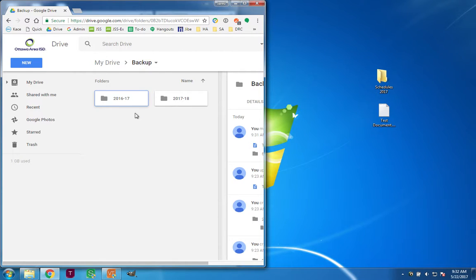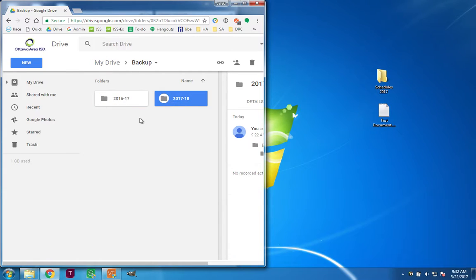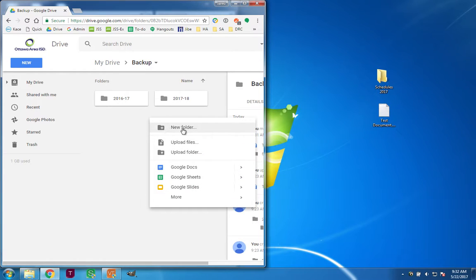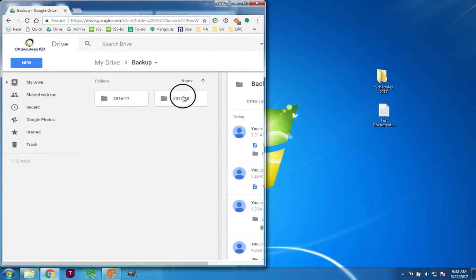What I typically recommend is that staff members create a folder based on the school year. This way, as you progress through your career, you will know which files are no longer important and which ones you can delete. It keeps you a little bit more organized versus having, let's say, 50 to 100 folders of just random data. So once you have created these folders, which you can create by right-clicking and clicking New Folder,